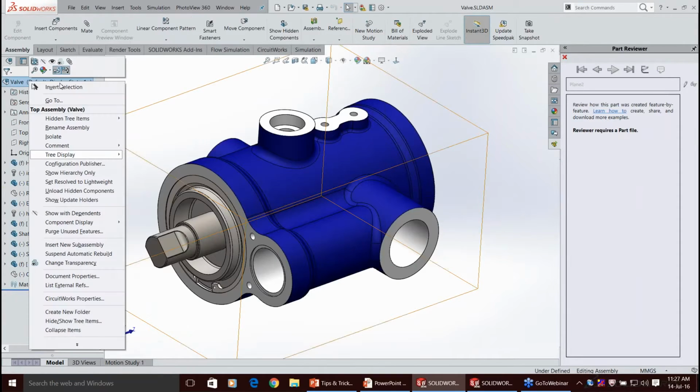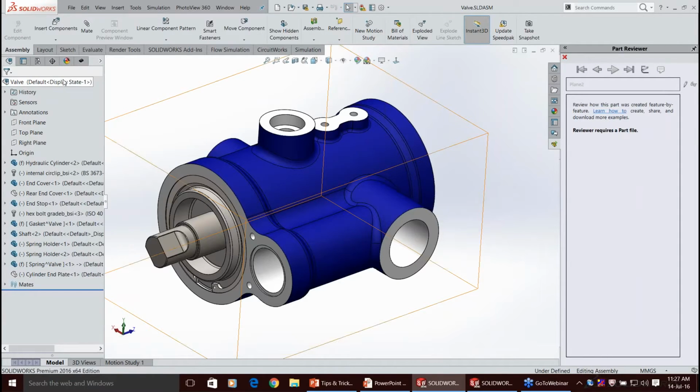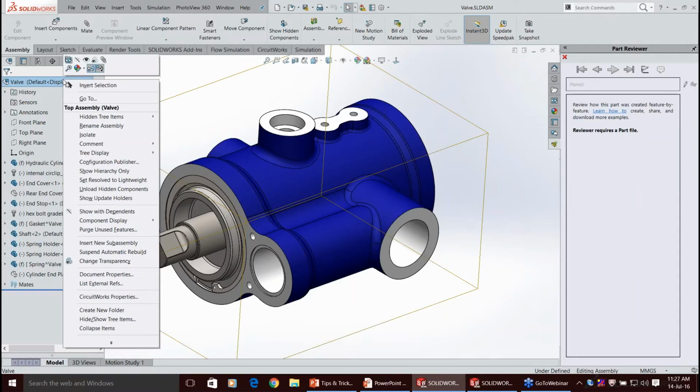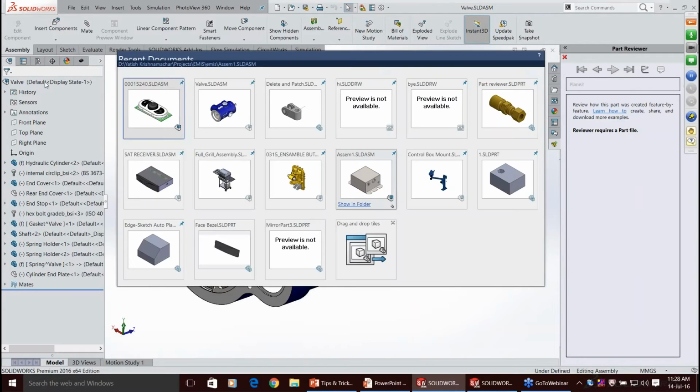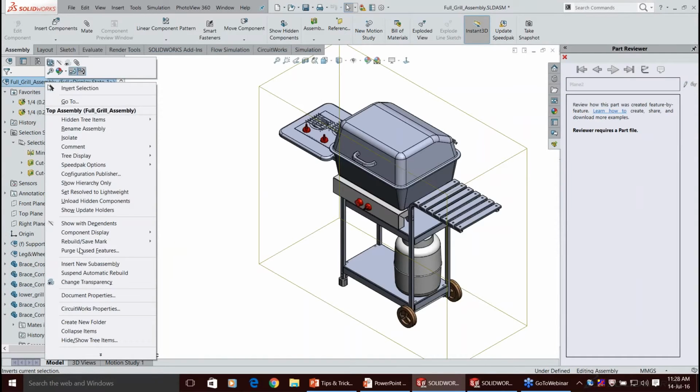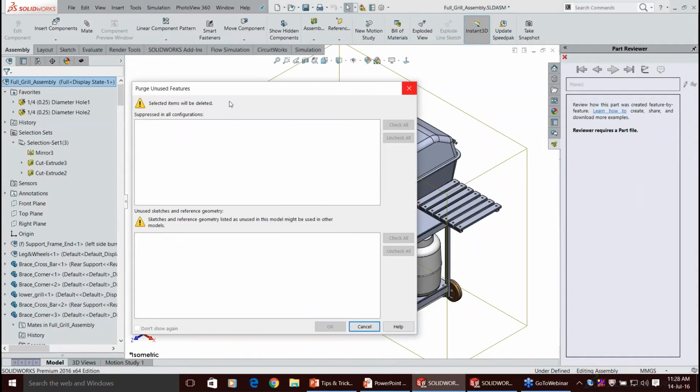Now when I open this assembly, when I right click on that particular top level assembly, I can see a command called Purge Unused Features. What exactly the purge data does is, if there are any commands or features that are not being used in that particular assembly, it automatically shows you those. I don't have any unused